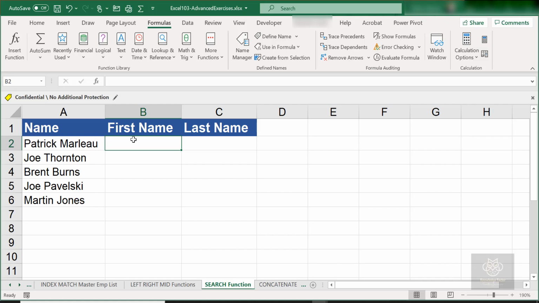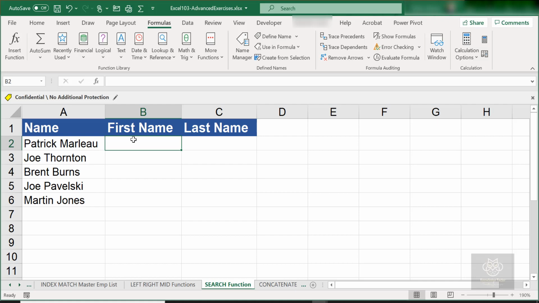We are learning the Excel text-based functions in Microsoft Excel. Microsoft Excel has several different text-based functions. We have already learned about the left function, right function, mid function, and len function, right? So these are a few of them, and we are going to take a look at another one today,